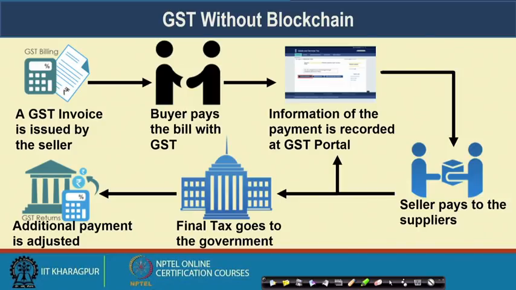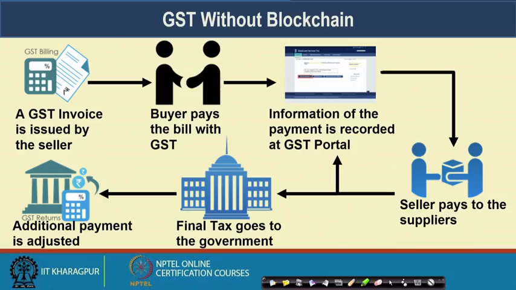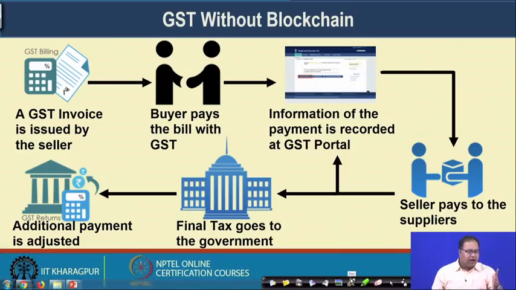And let us see how this GST payment works without the blockchain environment. Whenever you purchase certain things, a GST invoice is issued by the seller, so the buyer pays the bill along with the GST. This information about the GST is entered by the seller into a GST portal, the amount of GST he collected over, say, a fortnight, and the seller